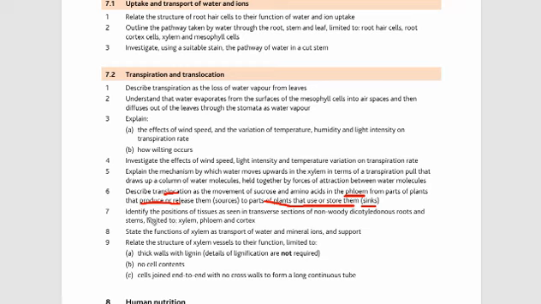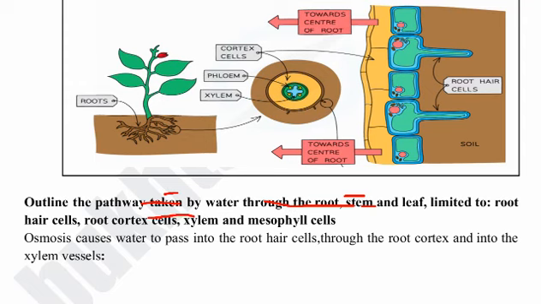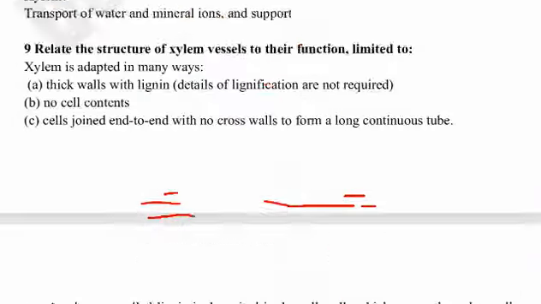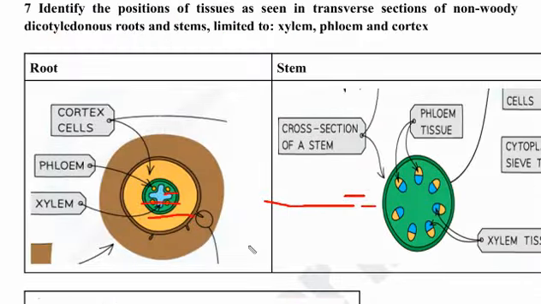So the next thing is a very simple question, the position of vascular bundles. Let me show you through the diagram the position of vascular bundles in case of root. As we already know, the root vascular tissue is star shaped, and in case of stem there are many vascular bundles, many xylem and phloem, whereas in case of leaf there are also many vascular bundles. So this type of structure is present basically.